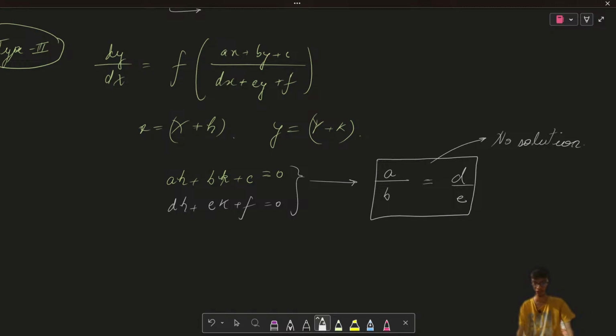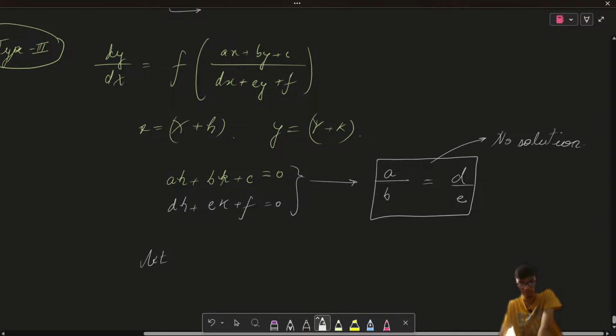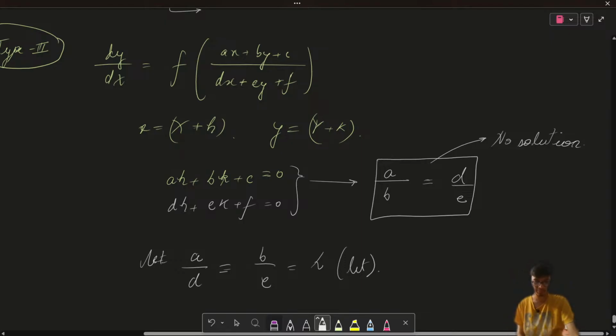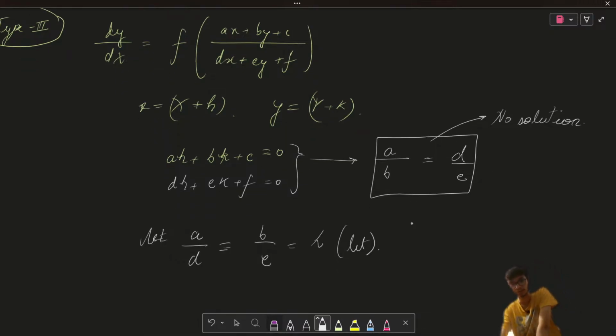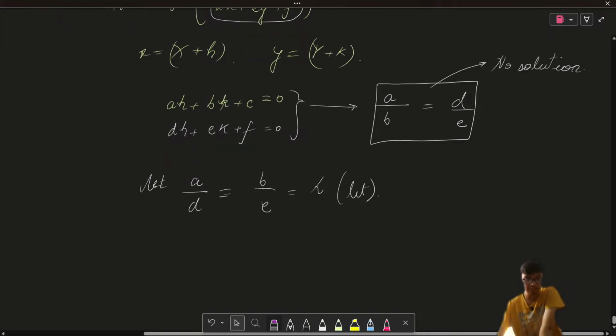How am I going to reduce to the homogeneous form? Let's say I assume a upon d equals b upon e, and call it some lambda. Then, because these two lines are parallel to each other, either of these two lines can obviously be given in the form of some lambda times the other. So I'm going to represent the differential equation of the functional form like this,